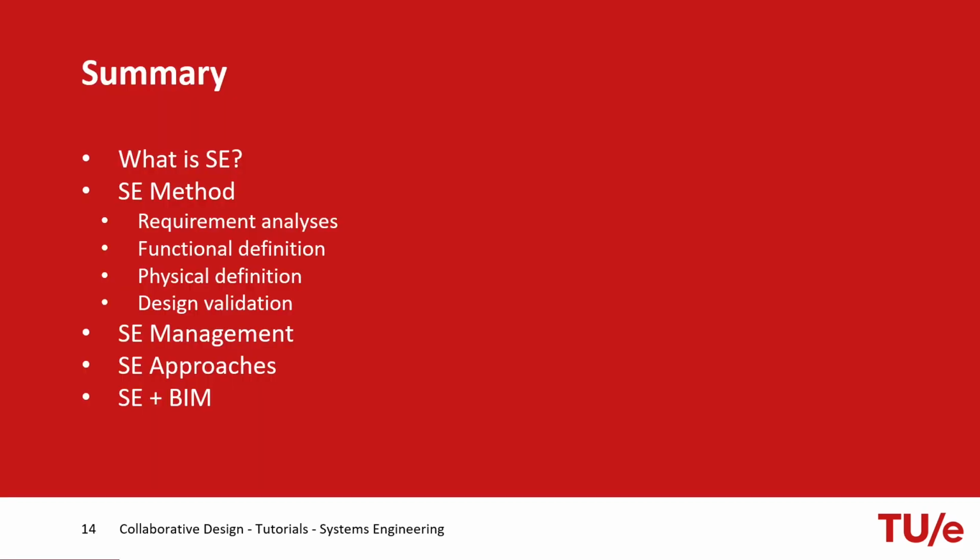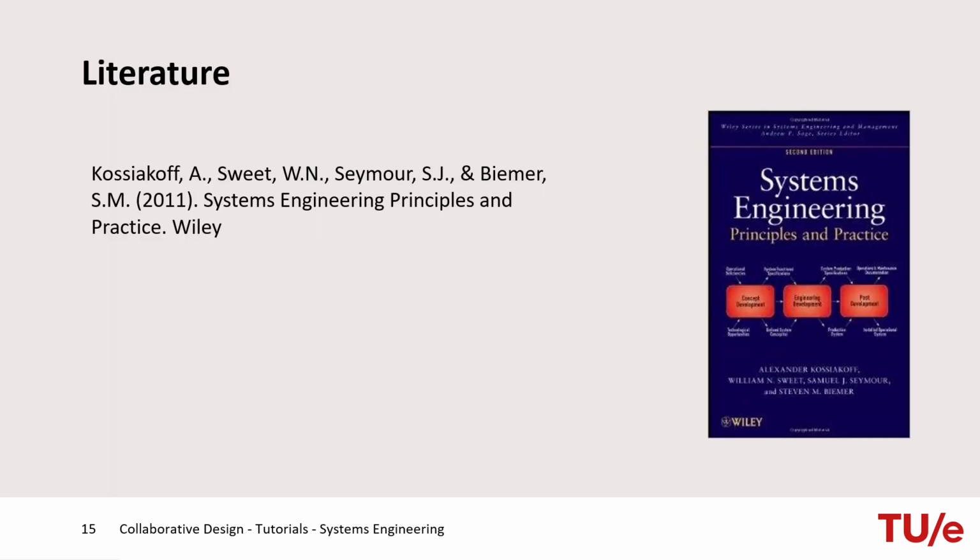So, to conclude, the function of systems engineering is to guide the engineering of complex systems. And having this structured process helps you deal with the requirements in a complex project. Finally, if you are interested in systems engineering, you can download a copy of the Systems Engineering book from the university library. The book is useful during the design project to find practical tips, but also when writing your academic paper at the end of the course.